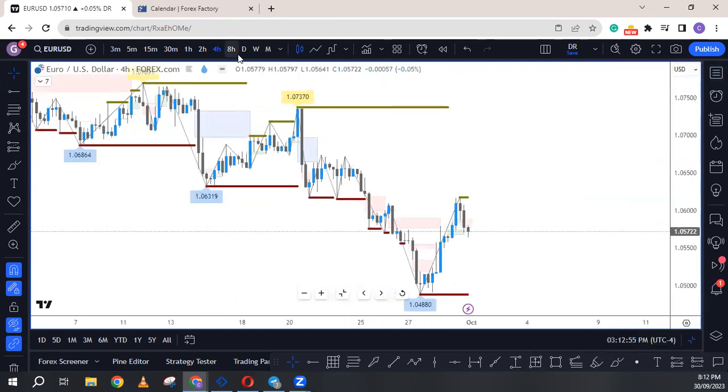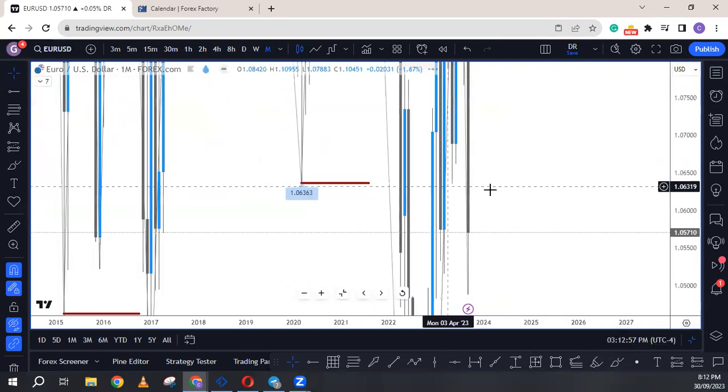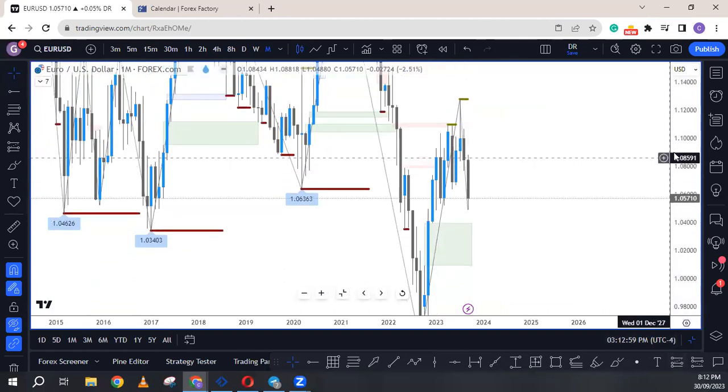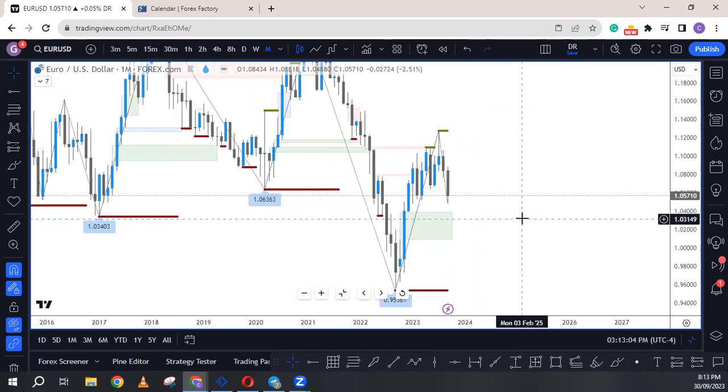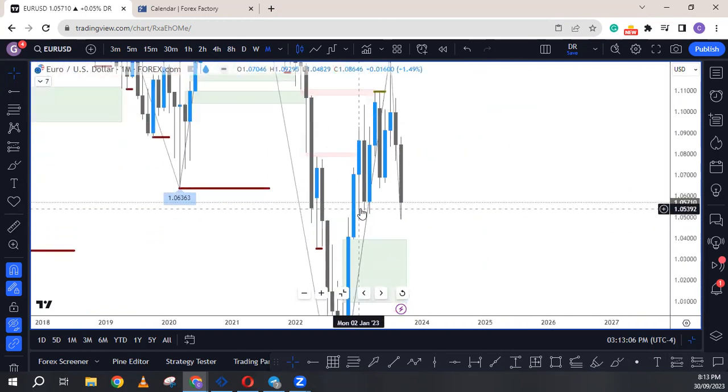Euro USD order flow on this pair is still bearish. If we look at it on the monthly, you can see that the monthly closed as a major bearish engulfing candle, but into this rejection on the monthly,